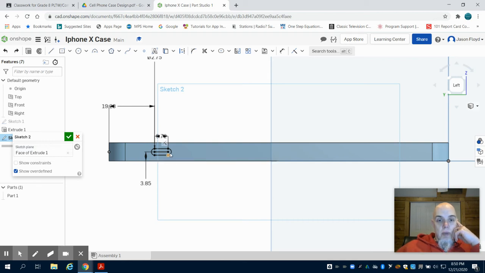Now in the previous video we made the slot for the silence or ringer button. We talked at the end about making a larger opening to maybe reach both volume buttons. Again, this would be a creator or designer's choice. You could create individual buttons using the slot tool or rectangle tool, but I'm going to use the rectangle tool